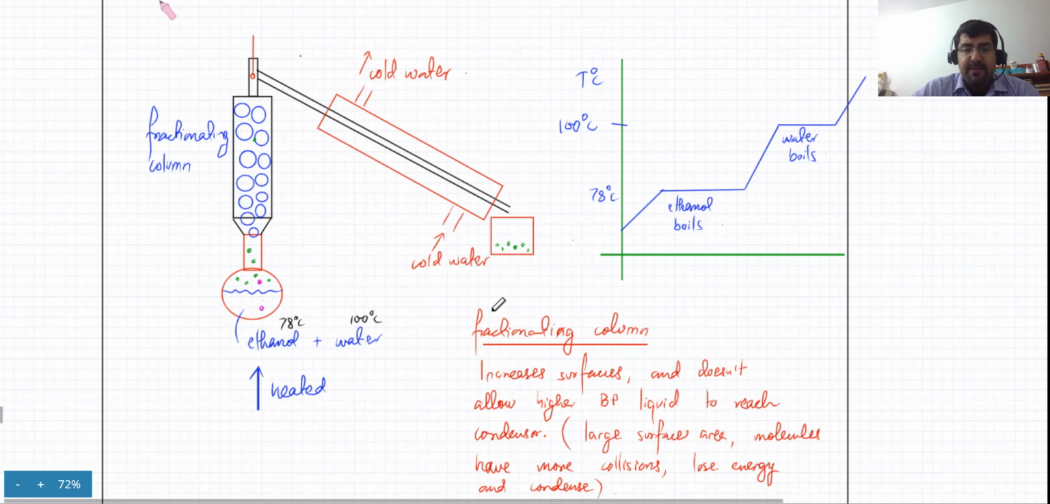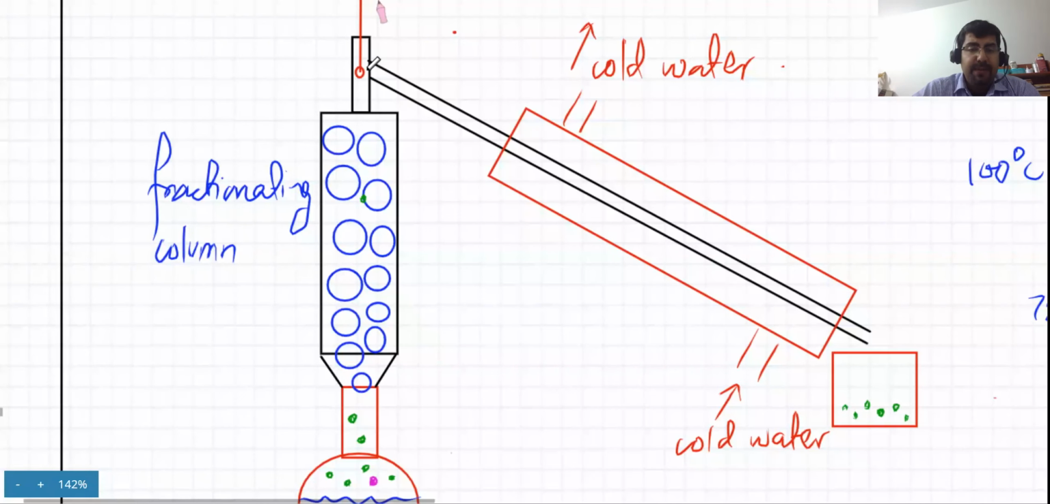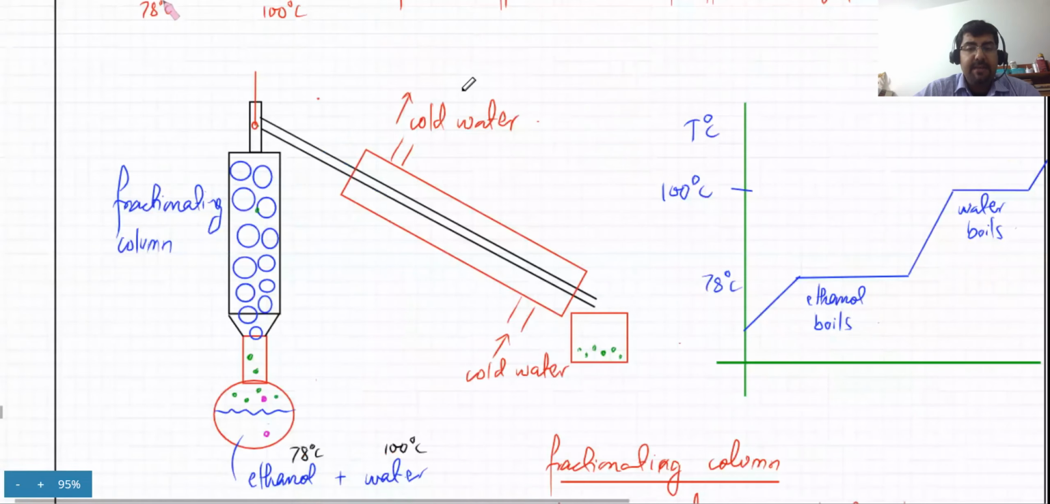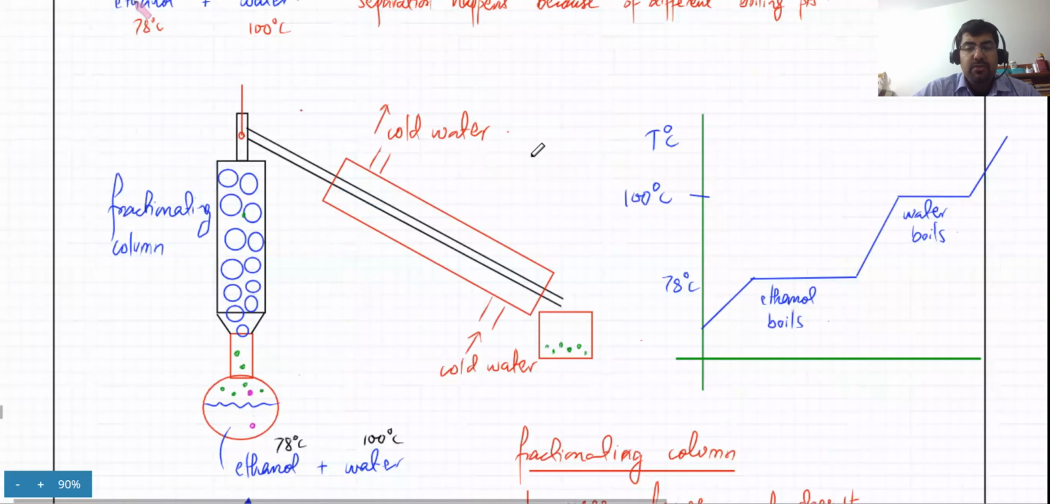And the temperature of the thermometer is going to tell you. The thermometer at the top, it's always placed at the opening. TK will be asked about this. TK, it's usually placed at the opening of the condenser. That basically tells you